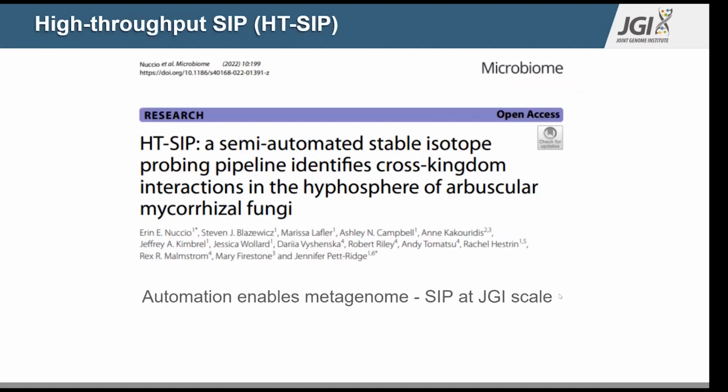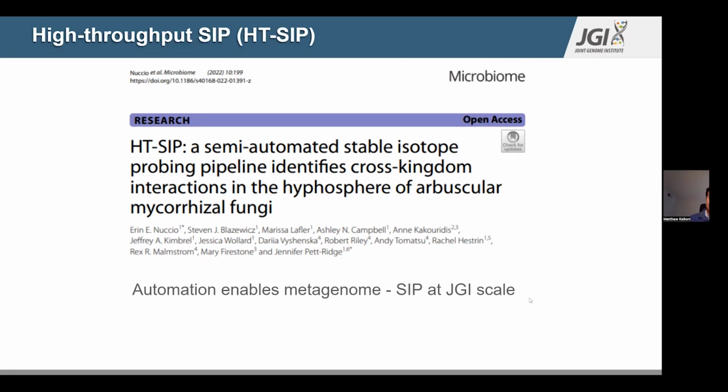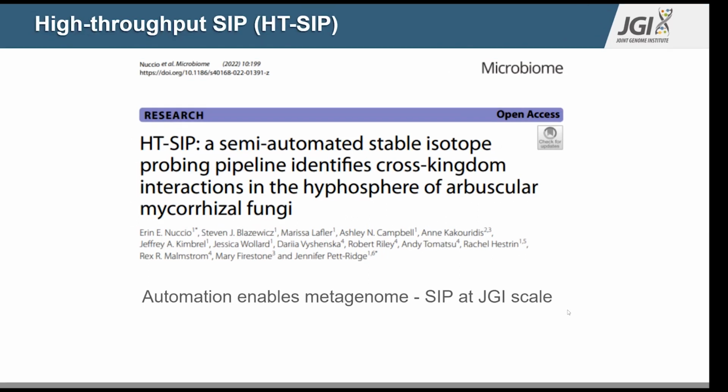And another piece of the puzzle in our process of getting metagenome SIP going at JGI is using a high throughput system that automates some of the more traditionally tedious steps of SIP. Namely, a big part of SIP is collecting little droplets of DNA, and you end up for each SIP project having to collect hundreds of these droplets. And you can imagine if a person is doing that, it's going to take a lot of time, and that's prone to errors. And it's not something that can really be done at the JGI scale, where we're taking in